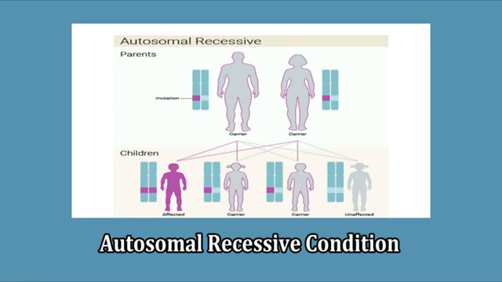In the case of recessive condition of inheritance, both copies of the gene should be affected, that is small a small a, to show the symptoms of the disease. Children with one copy of the altered gene, capital A small a, are called carriers. They carry those genes and can pass the affected gene to the next generation. Hence, the chance of getting an affected child is 25%.